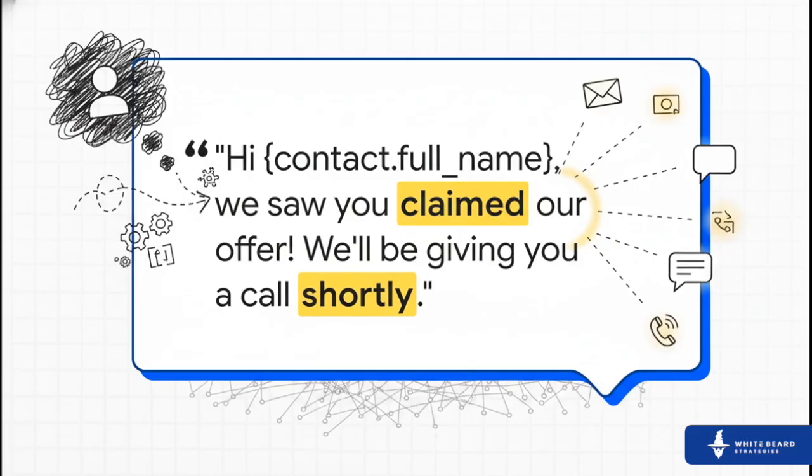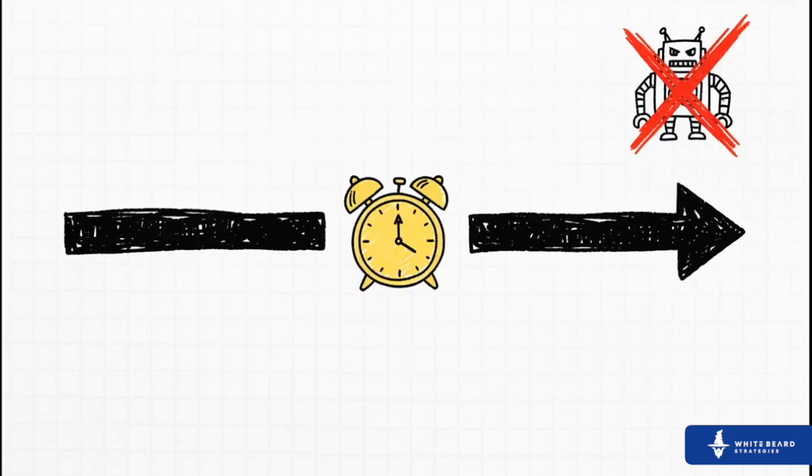Pretty cool, right? Okay, next up, we're going to add a wait step. Now, why would we do that? Well, because we don't want to just bombard them with messages. This little pause, this 60-minute break, makes the whole thing feel way more natural, not like some aggressive robot is attacking their phone. It just gives them a second to breathe.